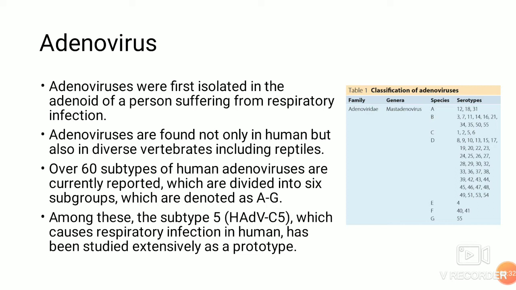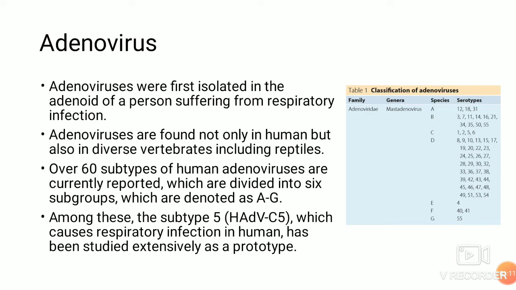I've spoken about permissive and non-permissive hosts. A permissive host is a host which gives all the required machinery or support for the lytic cycle of the virus. Non-permissive hosts are those where one factor is missing, so the virus will not be able to complete its replication cycle, and it will lead to some kind of disease or lysogeny. So in a non-permissive host, it is known to infect, causing tumorigenesis.